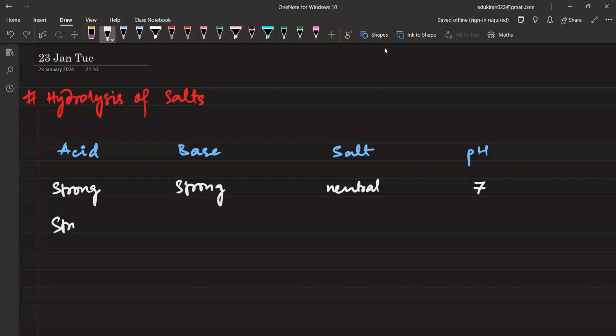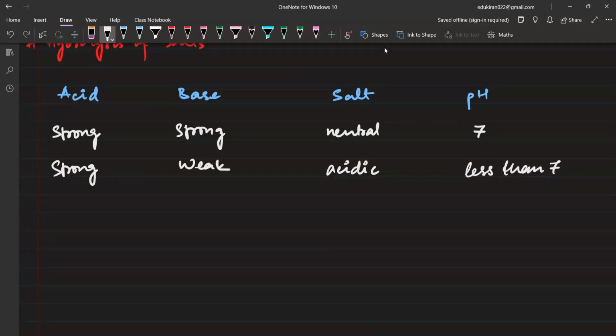When we use a strong acid but a weak base, that salt is acidic in nature, and the pH of that salt is going to be less than 7. Next condition can be if we use a weak acid but a strong base, that salt is going to be basic in nature and the pH is going to be more than